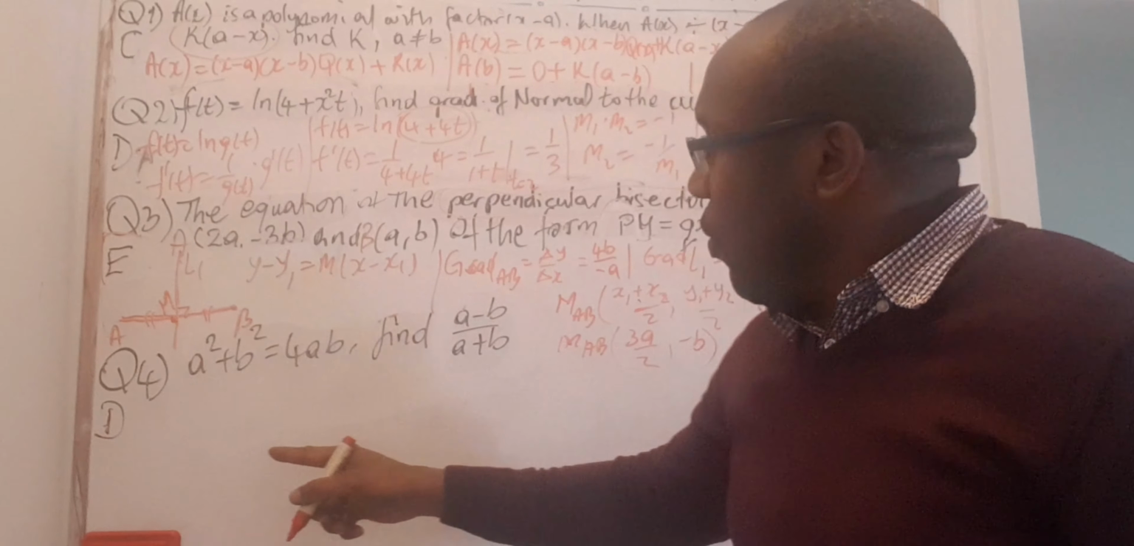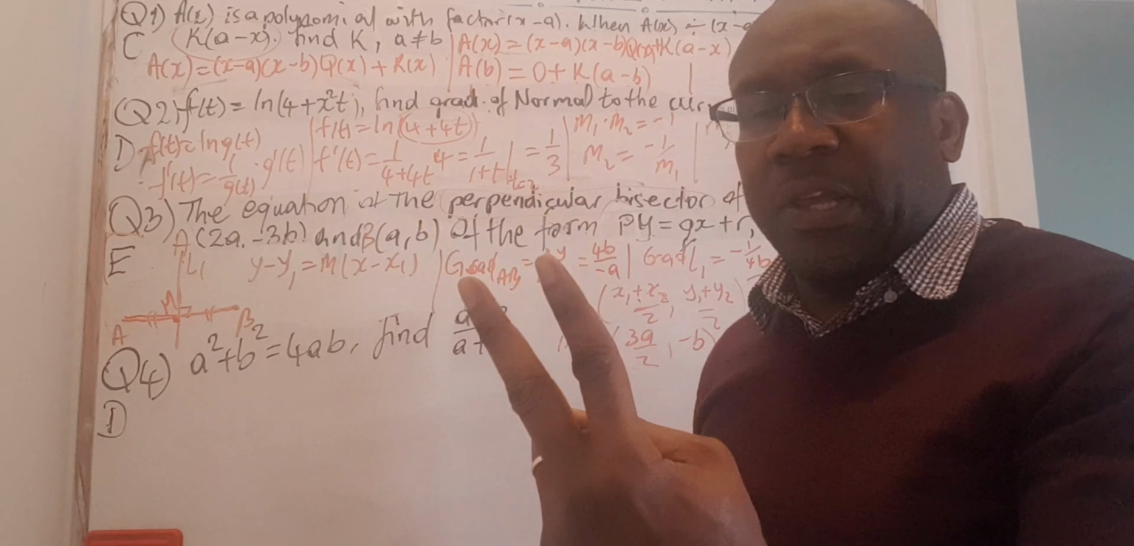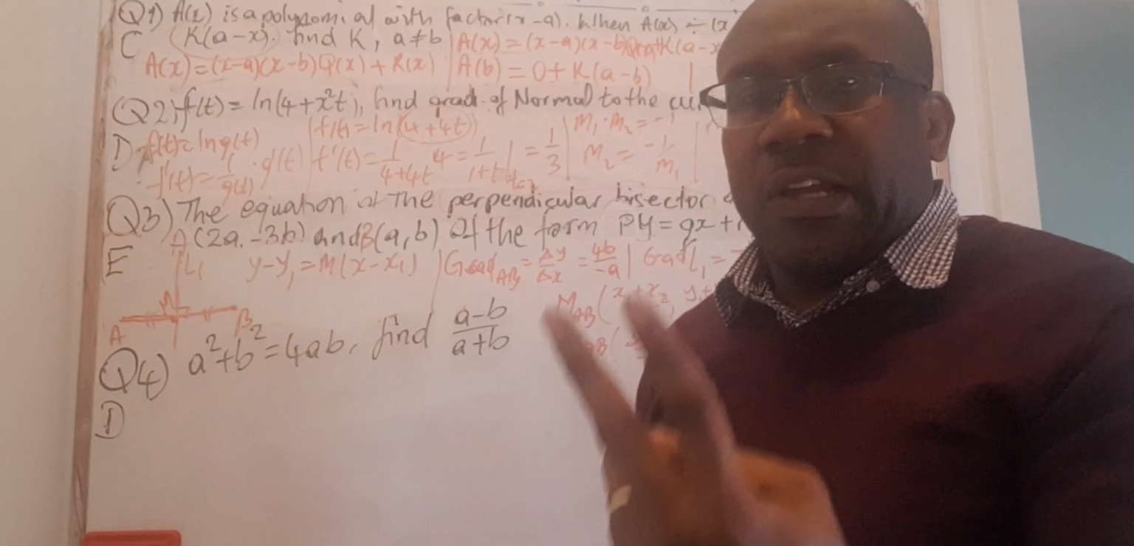For question number 4, the question was given in words: given two real numbers a and b, and given that the sum of their squares